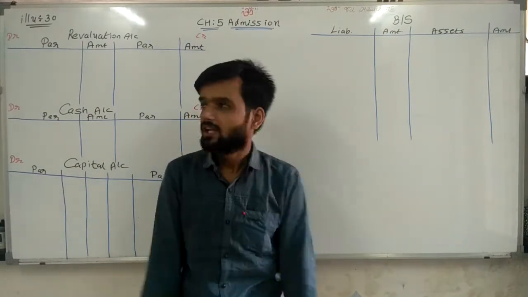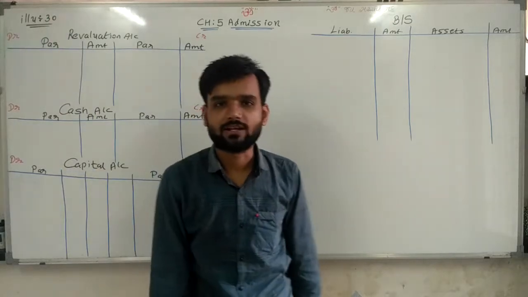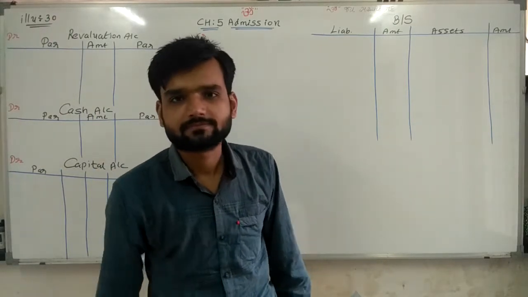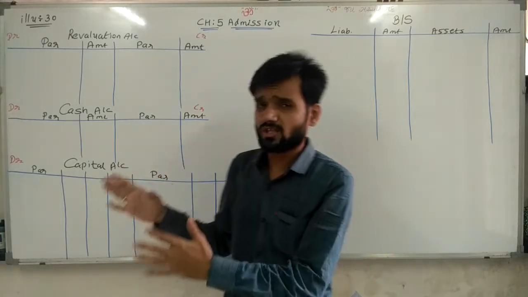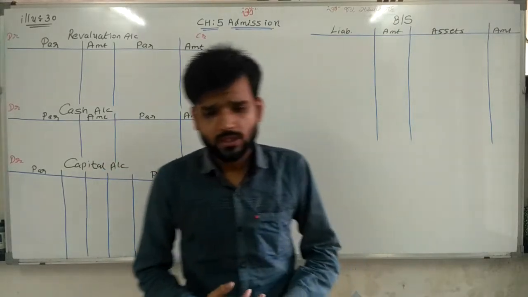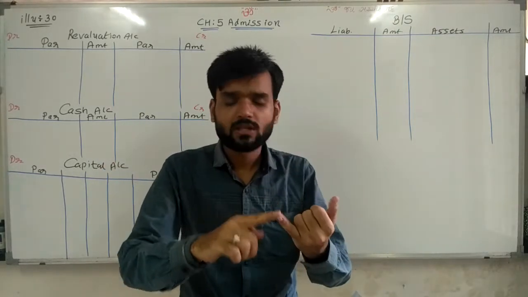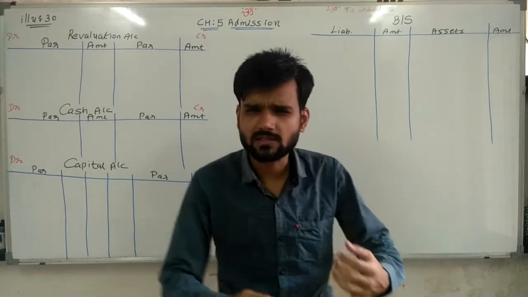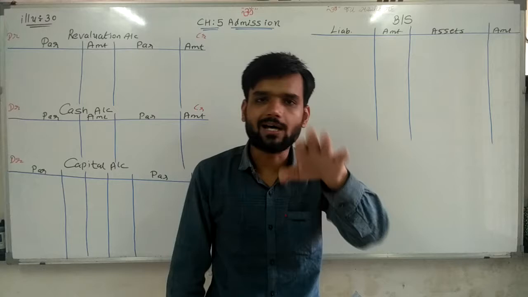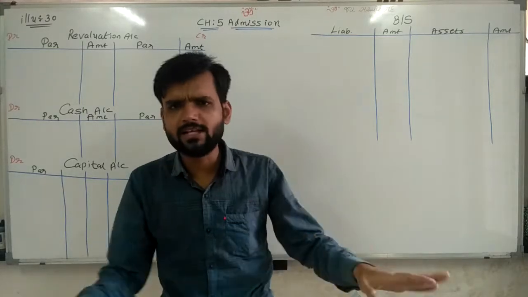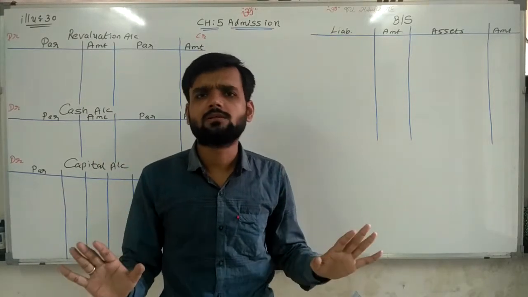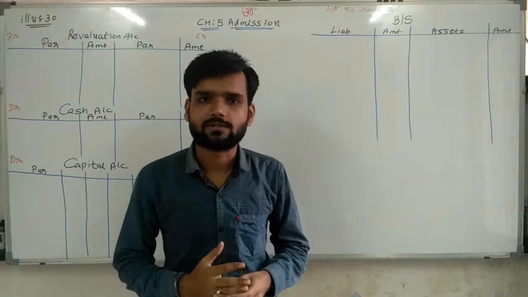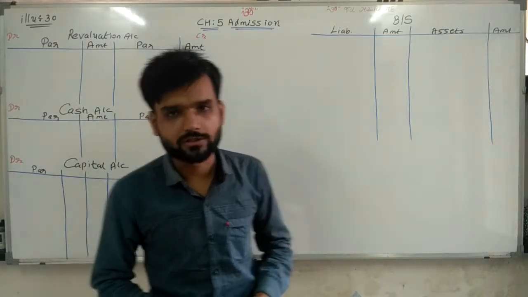Today we are doing illustration number 30. Now, the most important thing: what is in illustration number 30? In illustration number 30, sacrifice gain ratio calculation and some typical points are covered. Otherwise, the remaining things remain the same. There is no change in other things. So first of all, reading the question.